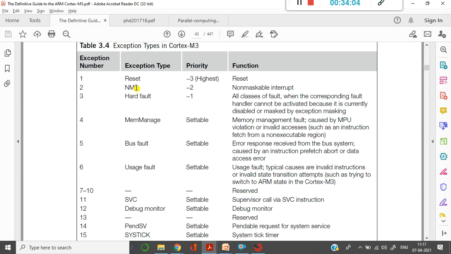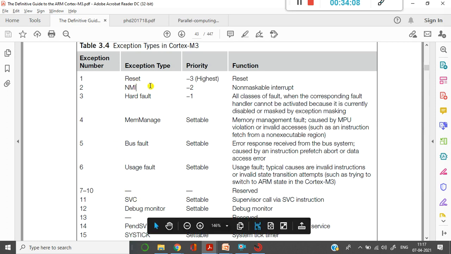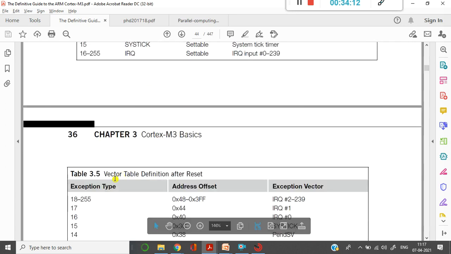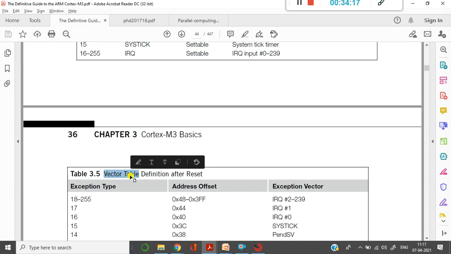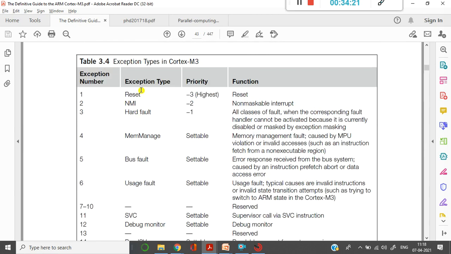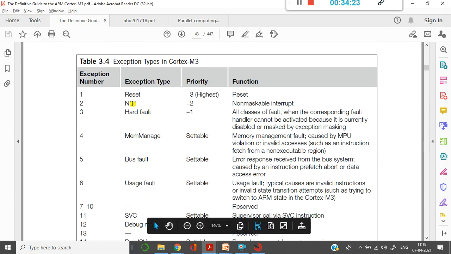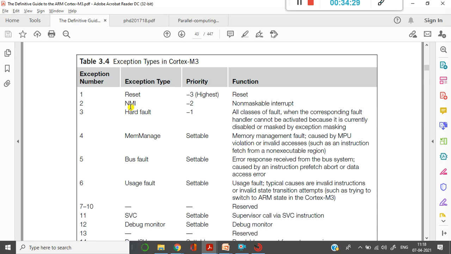So where are the addresses going to be stored? All these addresses are going to be stored in one location, and that is what we call a vector table. We also call it the interrupt vector table, because these are all the interrupts for my system, and these interrupt addresses must be stored in some location.